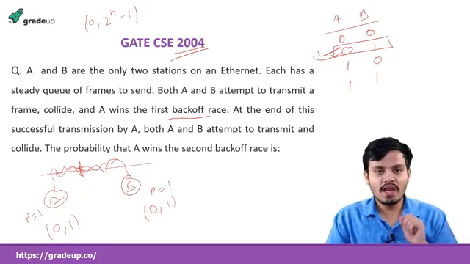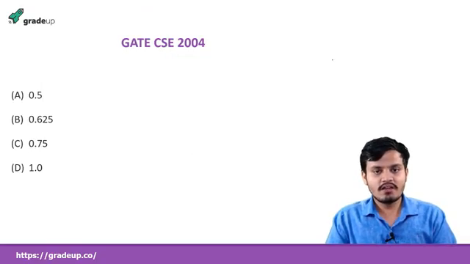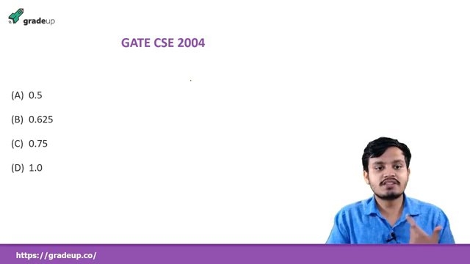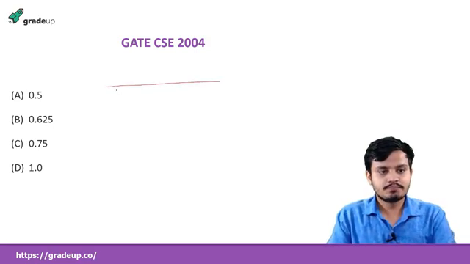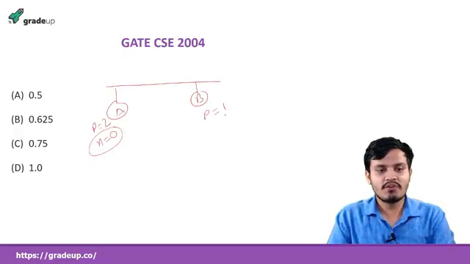That is why A wins. Now it is saying that they are transmitting the second packet. So what is happening now? For A, this is packet number 2, but the collision number n is 0. And this is B, this is packet number 1, but the collision number for this packet is 2, as they started sending again and it collided. So for this, it is 1 because they have collided. Now for A the collision number is 1, for B the collision number is 2.